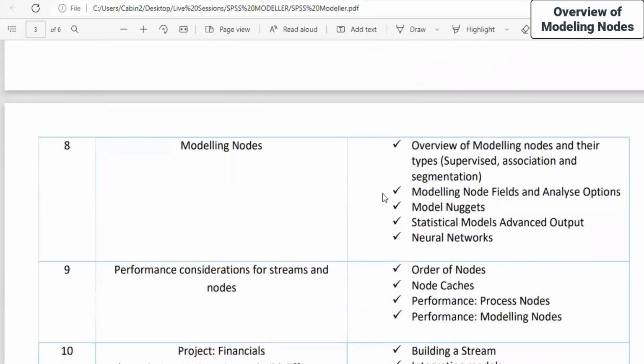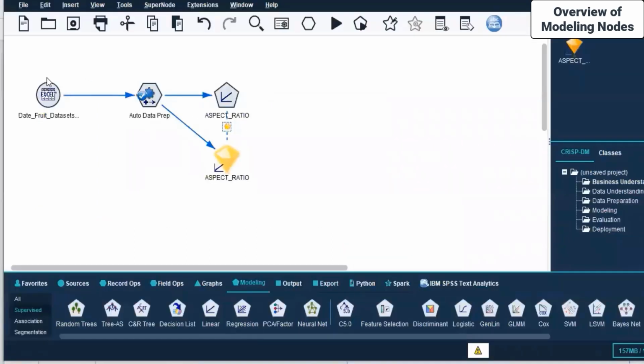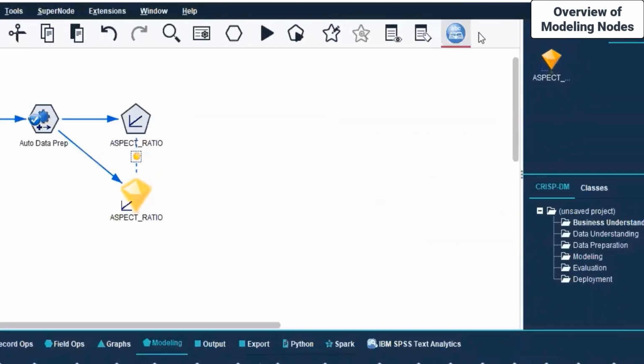Where were we? Yes. So what do you see here again? The modeling node, an overview of the modeling node. This is something that we've done. Modeling node field and analyze options. We checked that as well. And then we generated the model nuggets. How? After we ran this particular stream, we generated the